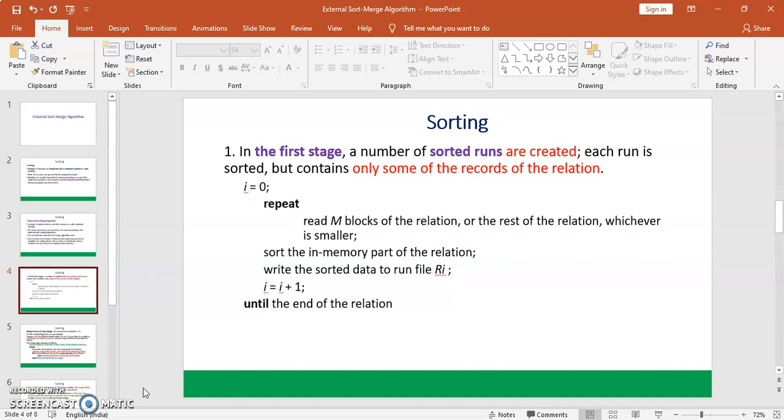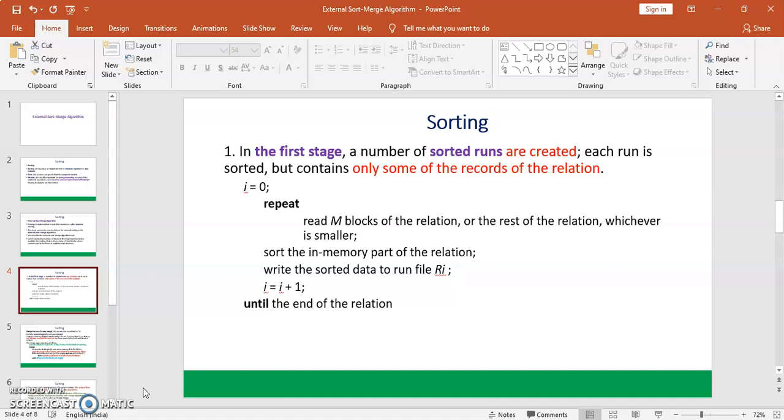We have to consider the entire relation, which has different blocks, and we have to create different runs, denoted Ri: R0, R1, R2, and so on. The loop goes like this: read M blocks of the relation, or the rest of the relation, whichever is smaller. So we will have initially M blocks of the relation, and later on more will get added.